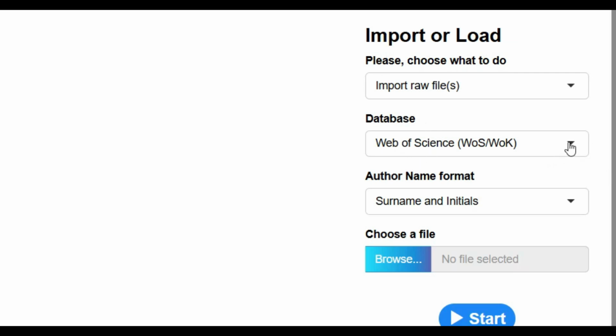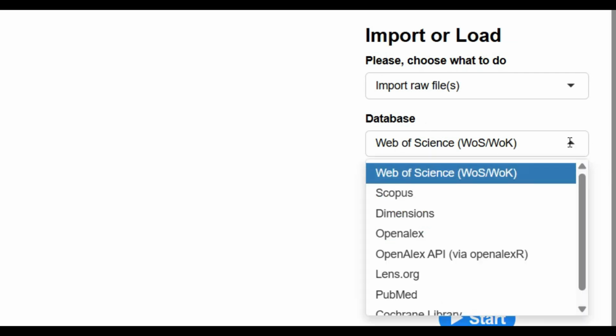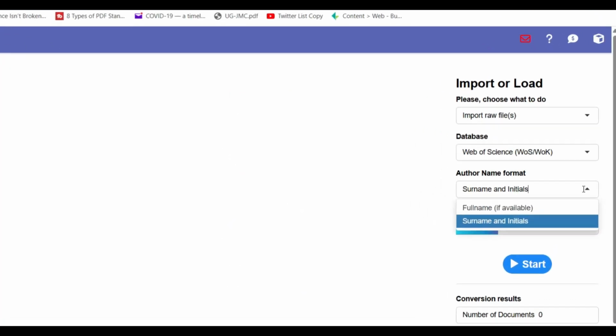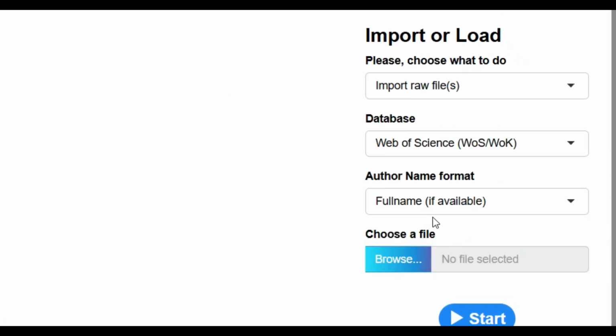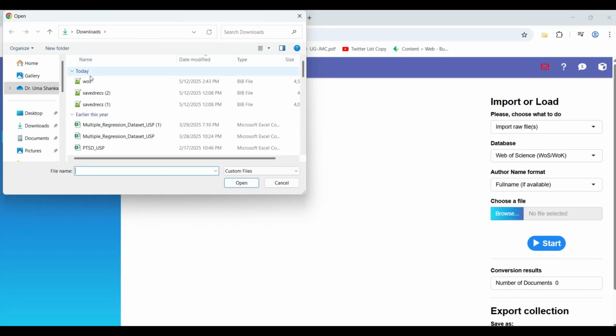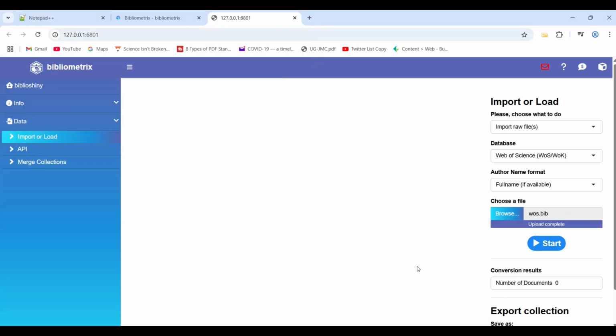So the one that we're using is Web of Science. The others are there as well. So here's Web of Science. The author name format can be full name if available, or whatever, and let's take our file. So if you remember, we had taken our file as WOS. I'll put a file there, and I will start